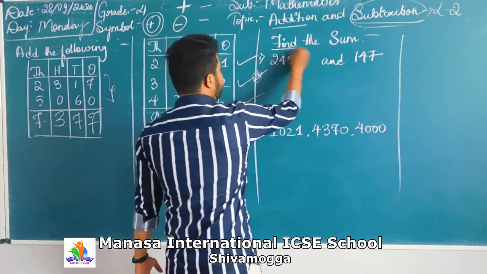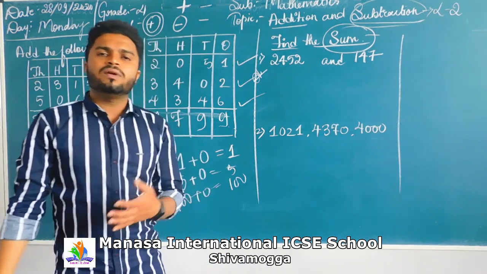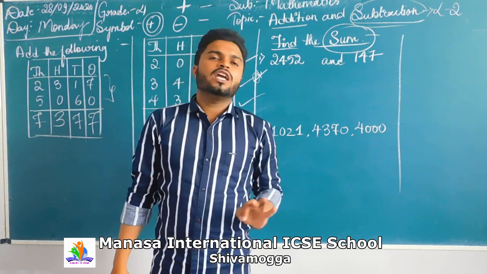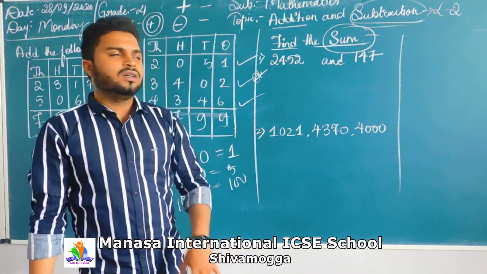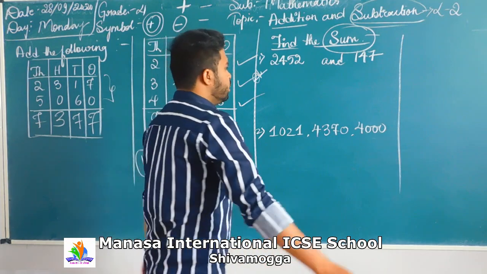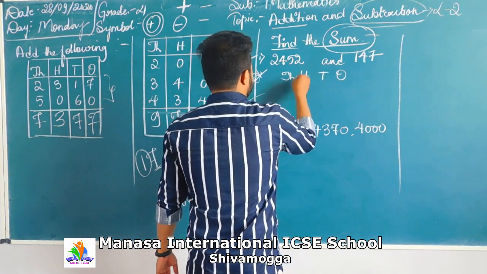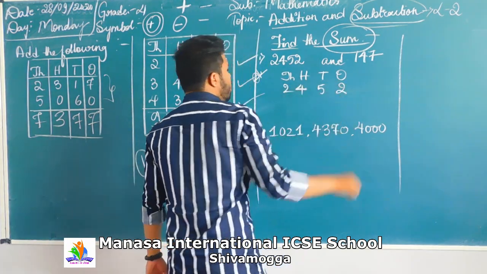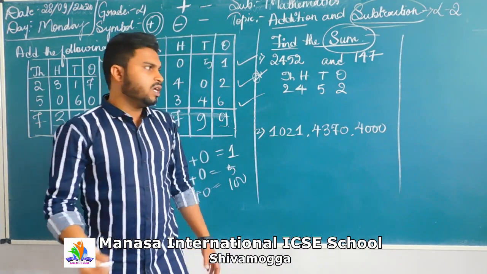Next, the next heading, find the sum. What is the meaning of sum here? Sum is nothing but to add. Or we can take total as nothing but to add. They have given two numbers. We will just arrange those numbers in the place where they come: ones, tens, hundreds, thousands. So 2, 5, 4. You can also arrange it on the right hand side so that you feel it is very easy to do.